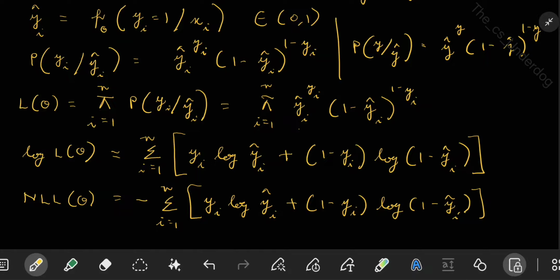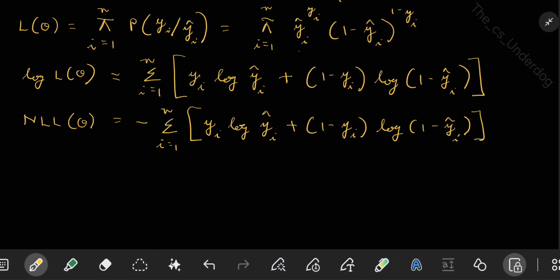Now I can directly see that I need to minimize this negative log likelihood. When I minimize negative log likelihood, what happens? My model will perform better. My model parameter theta will improve. My model will perform better if I minimize the negative of log likelihood. Next thing I'm going to do is, here I considered just one particular example, but ideally,